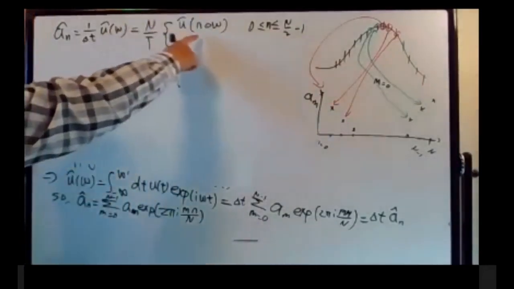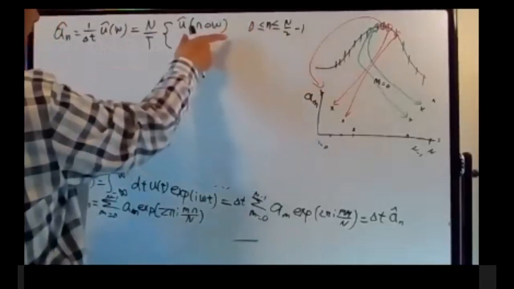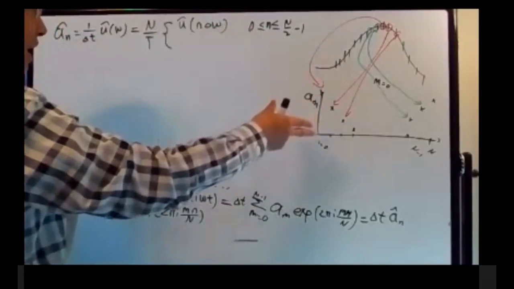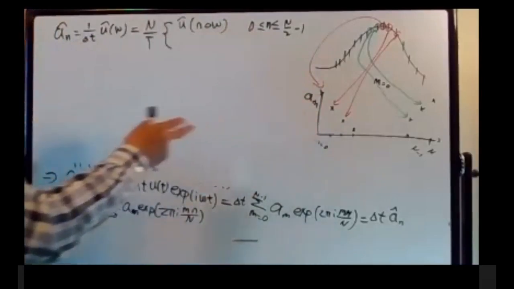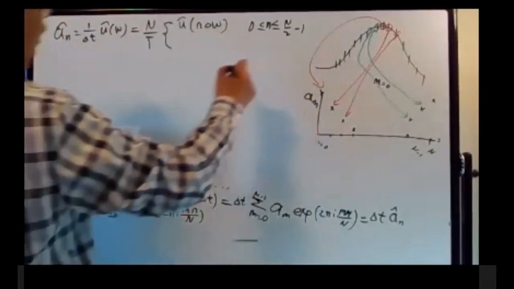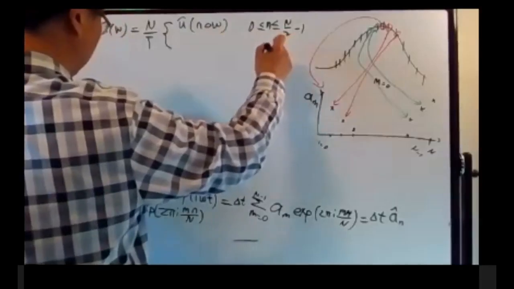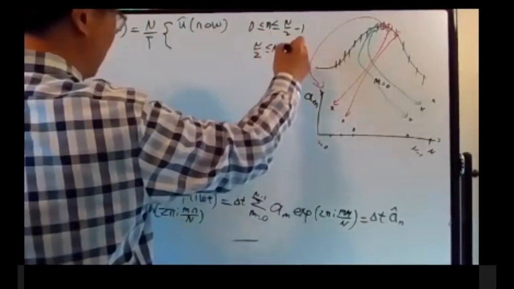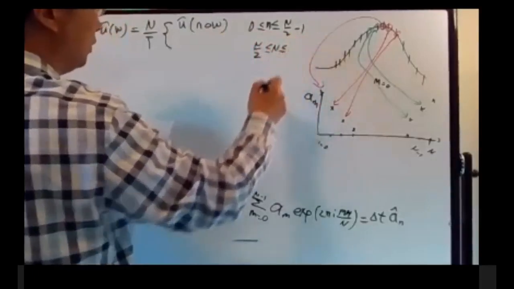So the positive half is the same as u_n omega, but the rest of the half is actually shifted. So when n is greater than or equal to N over 2